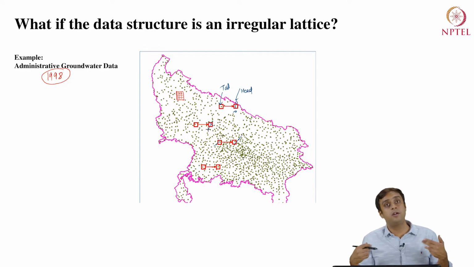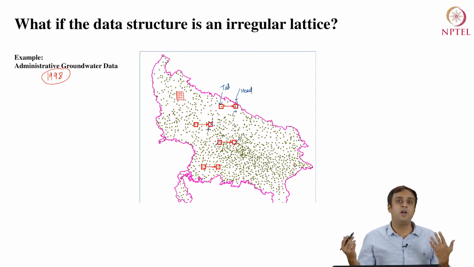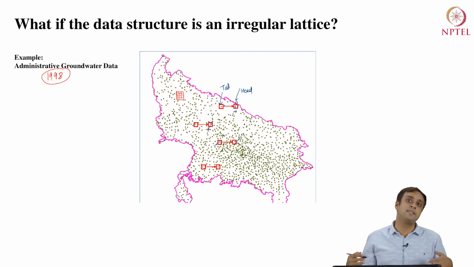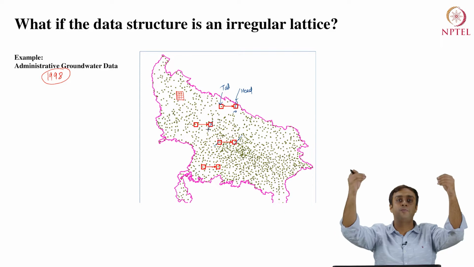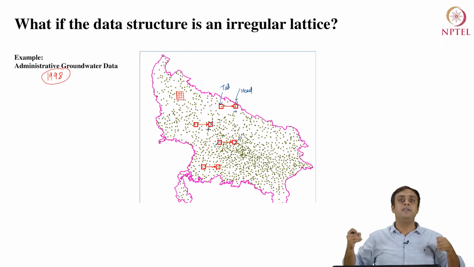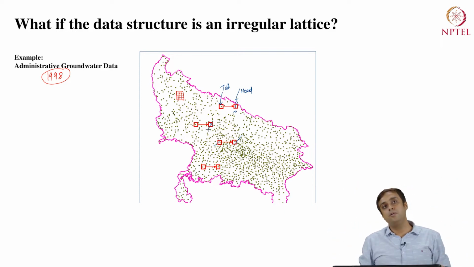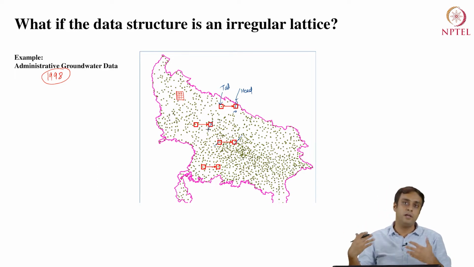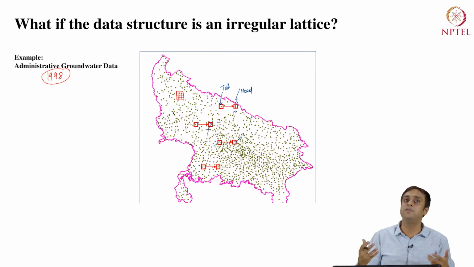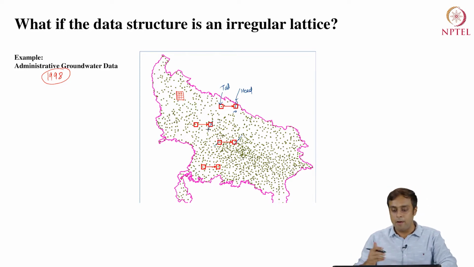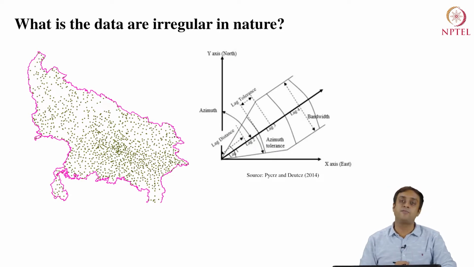This is very important because most real world data sets are going to be similar to the one in front of our screen right now. In most places when people monitor air pollution levels, they are not going to be able to put these air pollution monitors in a nice looking grid format, so that you have a regular lattice. You are going to encounter irregular lattices when you are working with these real world data sets. Okay, so let us see what the workaround is.